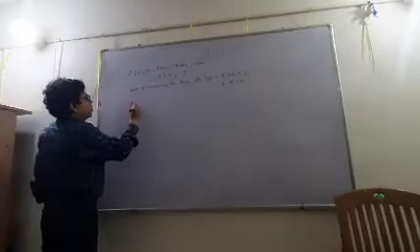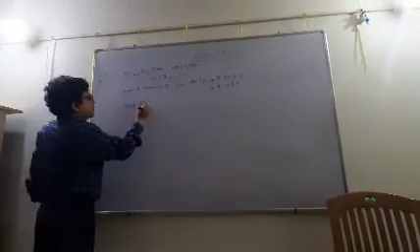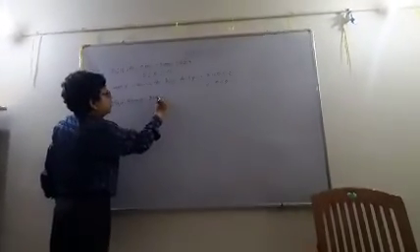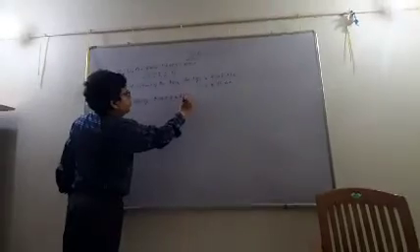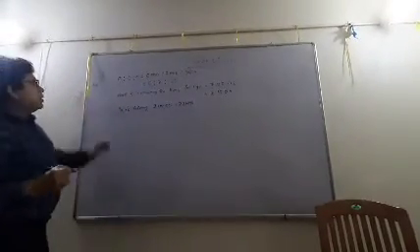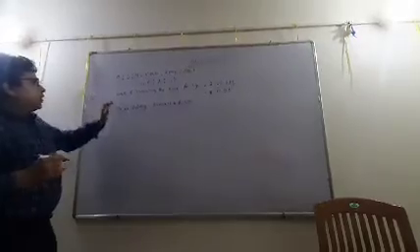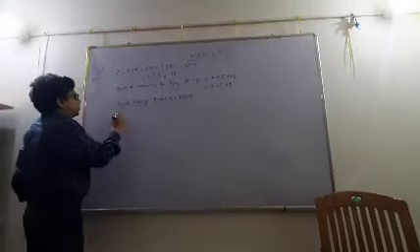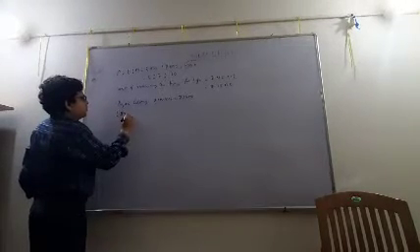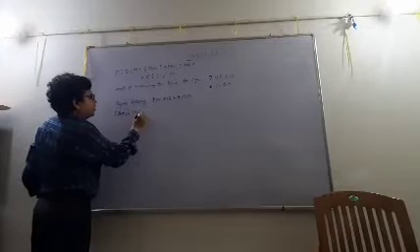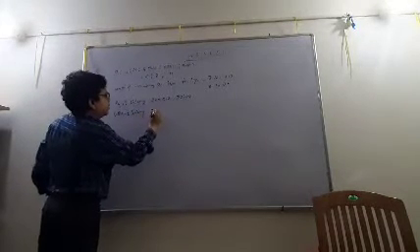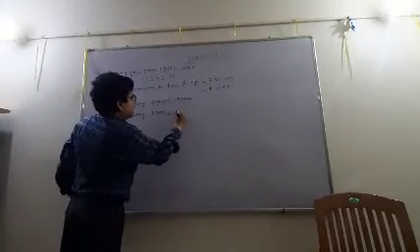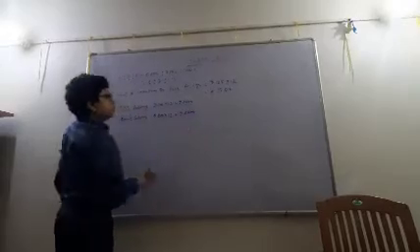Now Pooja will get rupees 200 per month for keeping the accounts. So Pooja's salary will be rupees 200 into 12, that means rupees 2400. Uttam's salary is also rupees 200 per month for keeping the accounts. So Uttam's salary will be rupees 200 into 12, that means rupees 2400.